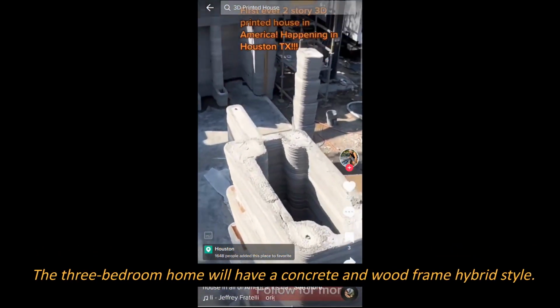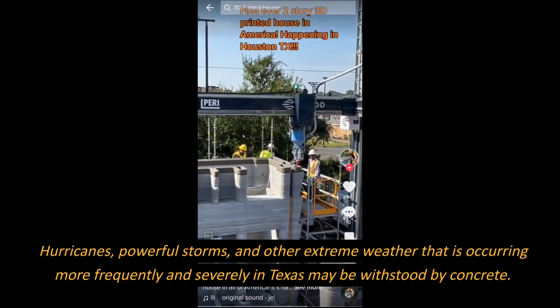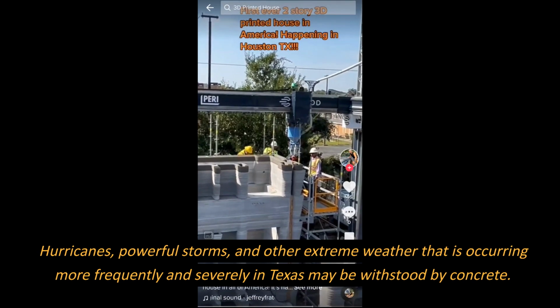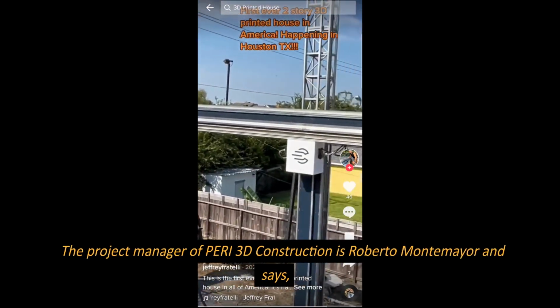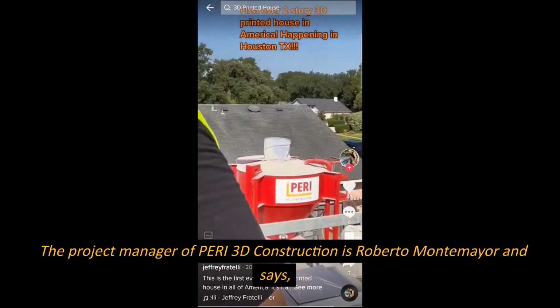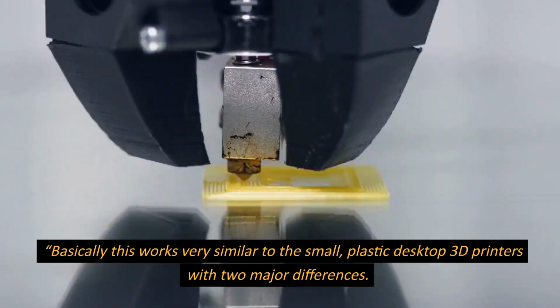The 3-bedroom home will have a concrete and wood frame hybrid style. Hurricanes, powerful storms, and other extreme weather that is occurring more frequently and severely in Texas may be withstood by concrete. The project manager of Peri 3D Construction is Roberto Montemayor and says, "Basically, this works very similar to the